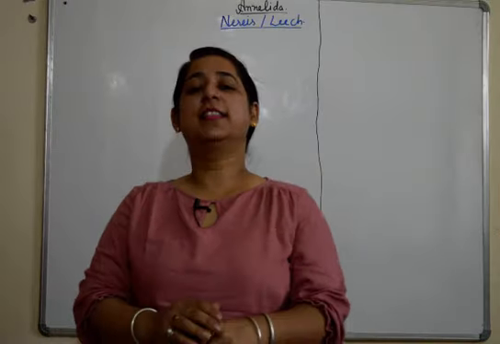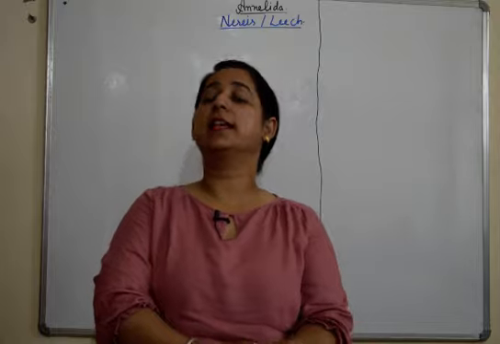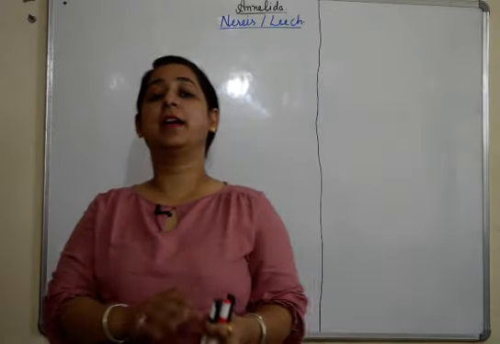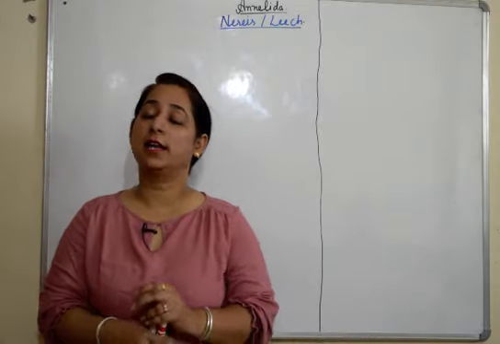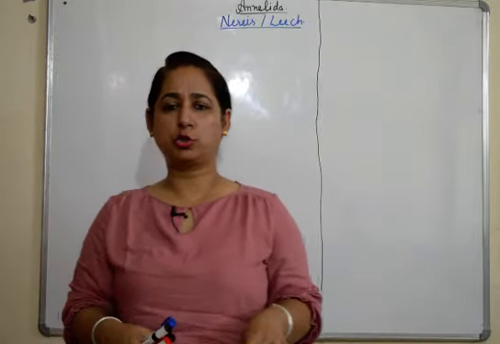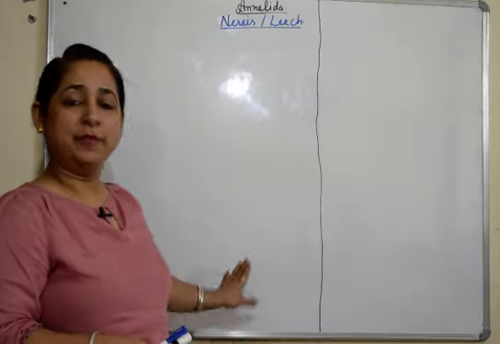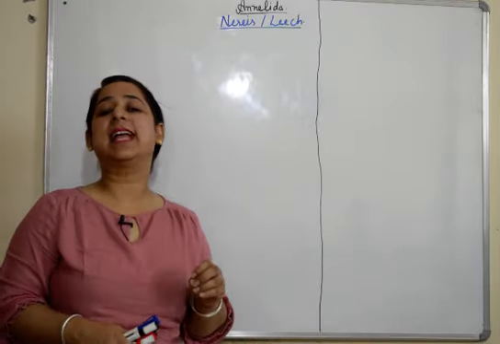Hello everyone, this video is in continuation to our videos on animal kingdom. Till now we have discussed till annelids, we have completed phylum annelids, and in our last video we did the first example, earthworm, the most common one. In this video we'll talk about Nereis and leech. Fine, we'll talk about the significant characteristics.